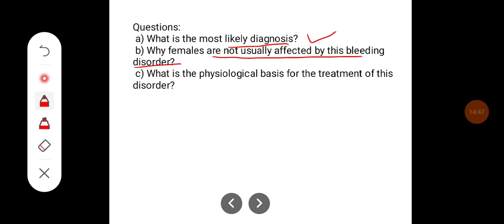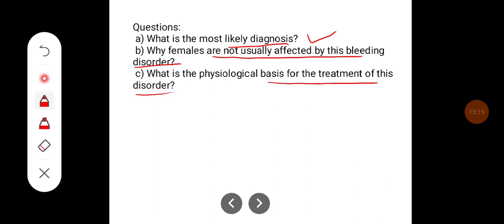And also, if you see the history, the male patient is affected, and also one of the siblings is also affected. Okay, so this hemophilia runs in males because of the X-linked recessive disorder, and females are the carriers. Okay, so since it is an X-linked recessive disorder, what is the physiological basis for the treatment of